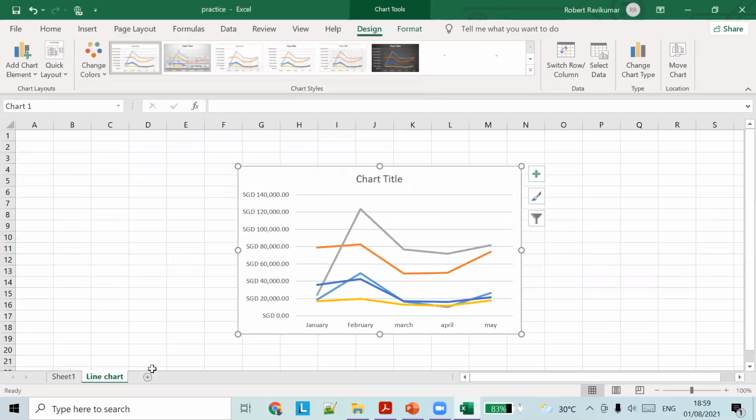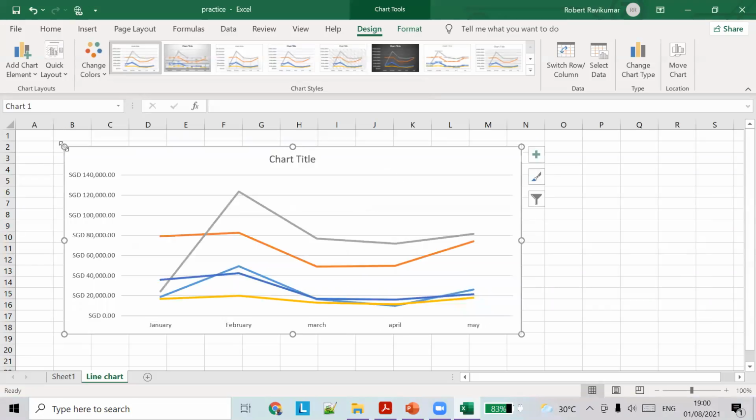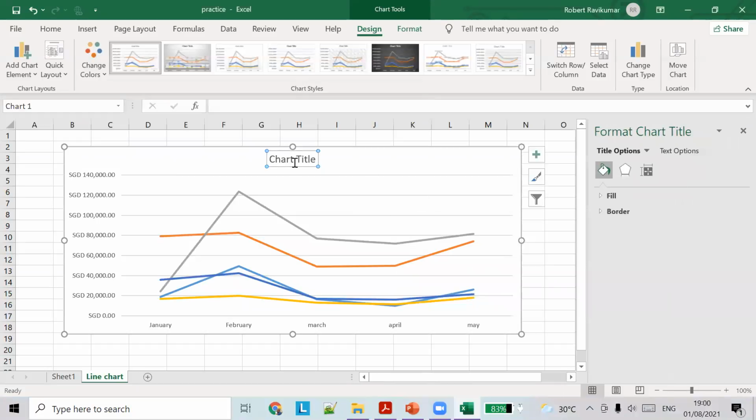Click OK, and now you see the data. So what I've done is first I created the chart, and then I right clicked on the chart and selected the data. Instead of selecting the data and then creating the chart, I created the chart first and then added the data back. So now we have a line chart with the data here.